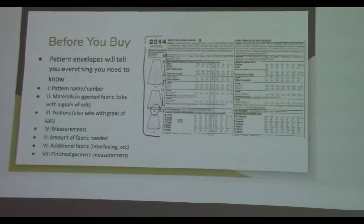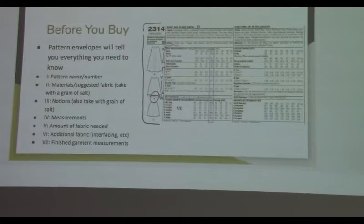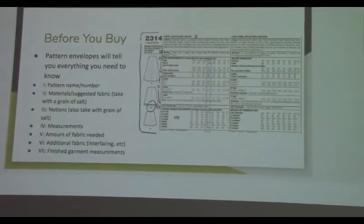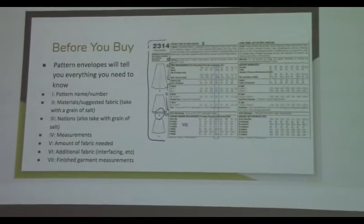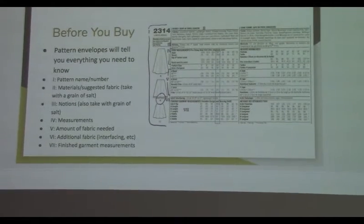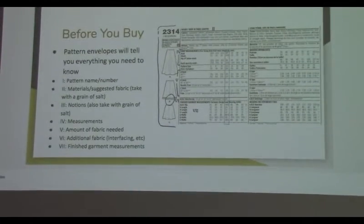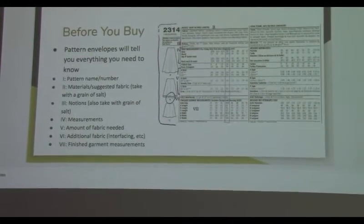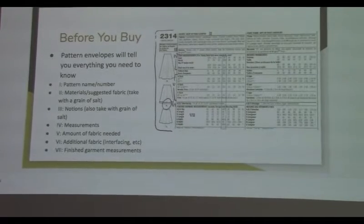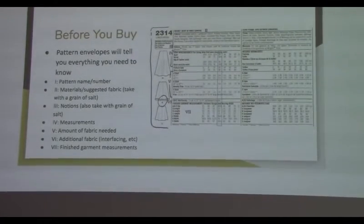The notions are also on there. Notions include things like zippers, hooks and eyes, and buttons. Again, you'll know if you need what it says. If it says a zipper, you probably should get a zipper, because unless you have a different way of getting it on that you've already planned out, you should probably just buy a zipper. Hooks and eyes are usually negligible. You don't really have to use them. If you want to, it helps hold everything together in the back. It will help you zip it up better, but